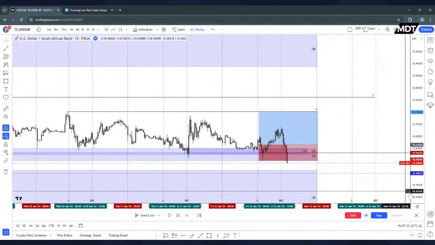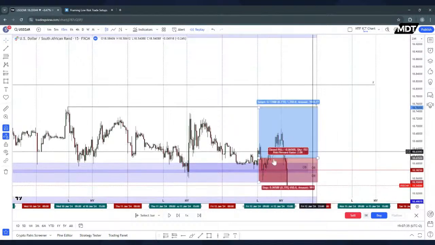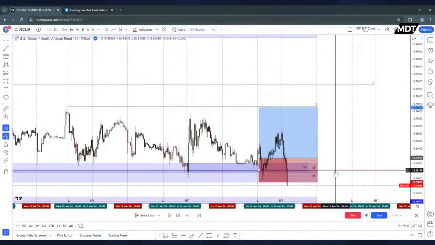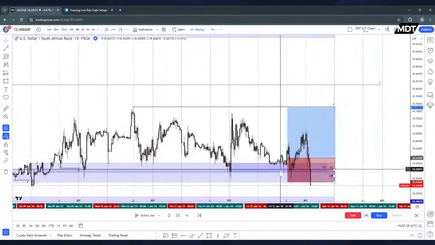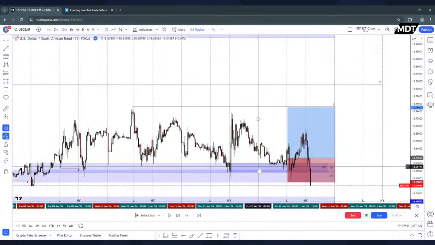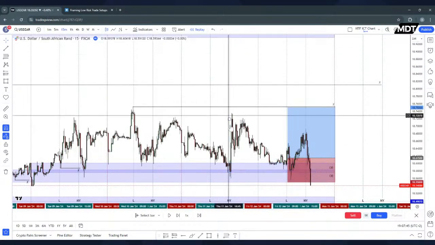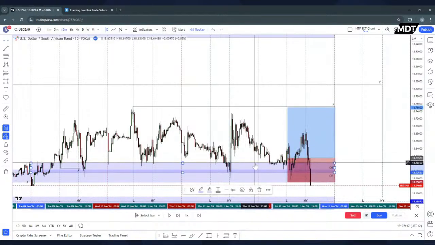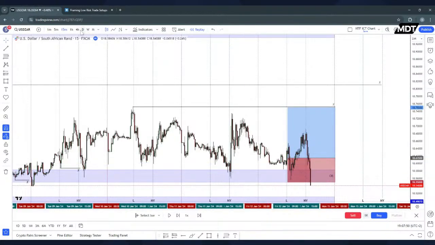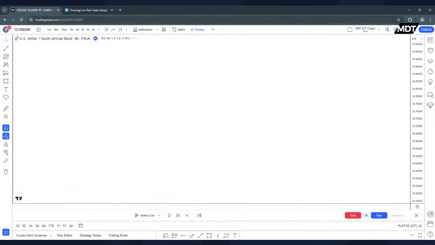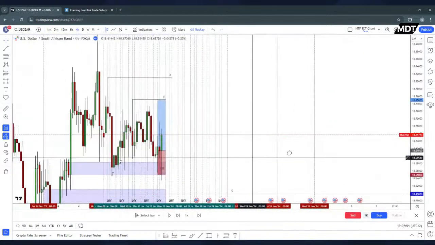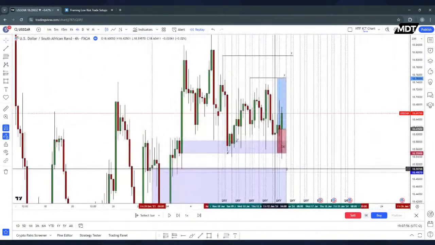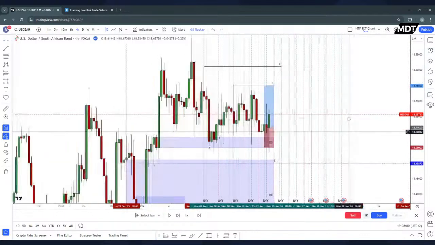But we've obviously taken a half risk loss here, a half risk loss. And yeah, we just continue to see. I think I saw on the 4 hour that price continued higher after this. But with so many mitigations and just tests of these order blocks on the 4 hour, you get to a point where you want price to decide before you're willing to risk more capital.